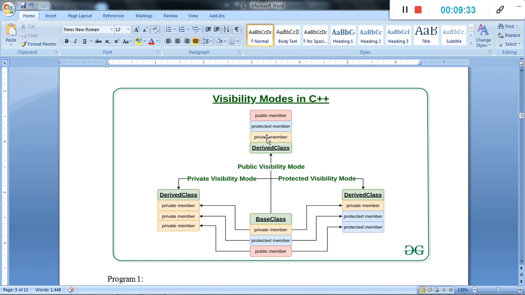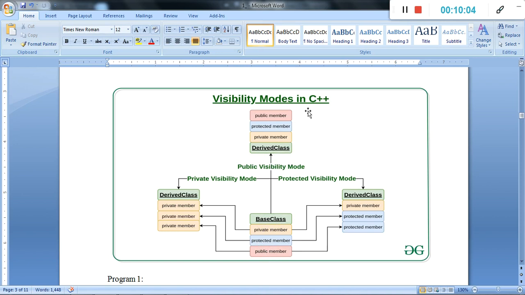A private member of a base class is private to the base class. A protected member is protected, and a public member is public under the derived class. Means a base class private member is private and not accessible under the derived class. Protected members are protected in the derived class.